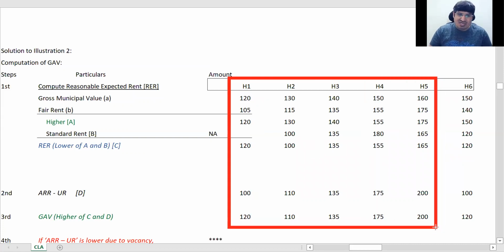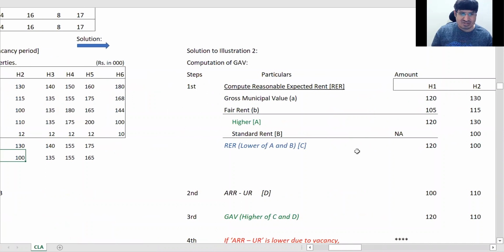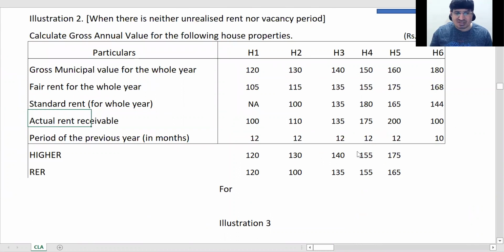ये 5 का हमारा हो गया, ठीक है। So now let us see what to do about 6th। Now see, when you talk about your rent received or receivable here, actual rent received or receivable, it will be only there for the period of stay। यानी आप अगर 10 महीने के लिए रह रहे हैं तो ये 10 ही महीने के लिए रहेगा, उतना ही रिसीवेबल है ना आपका। जो 2 महीने है ही नहीं वो रिसीवेबल नहीं रहेगा, ओके। तो सिंपल लॉजिक है, जस्ट रिमेंबर एक्चुअल रेंट रिसीव्ड और रिसीवेबल है। तो आपका प्रीवियस ईयर ही अगर 10 महीने का है तो उतना ही रिसीवेबल रहेगा, ठीक है। तो ये 10 हो गया।